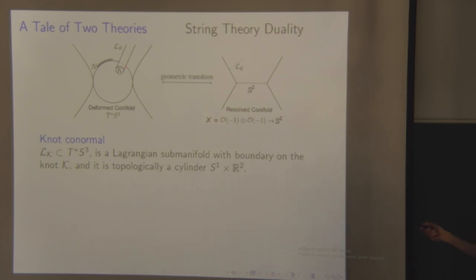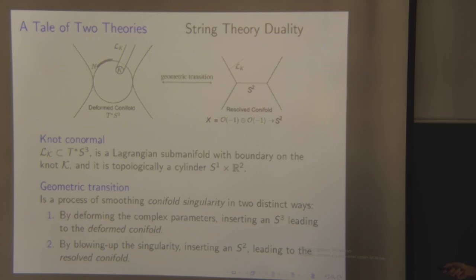So on one side, you have the deformed conifold, you have a knot, and you have a Lagrangian brane ending on it. Here you have n branes, and there is a geometric transition. So what we were calling some sort of large n duality, not precisely, but for us that's enough. And on this other side, you have the resolved conifold, which